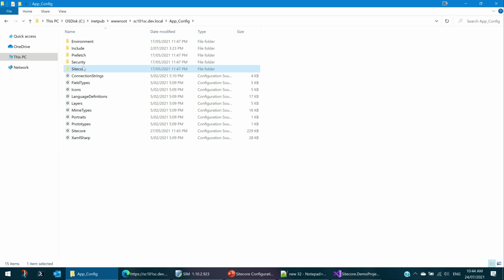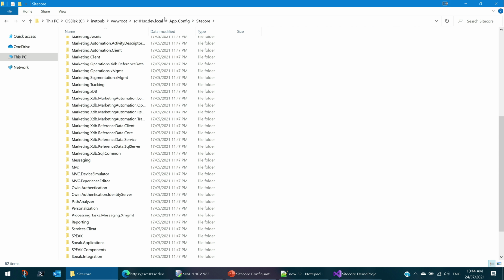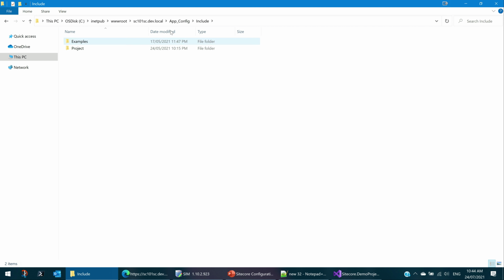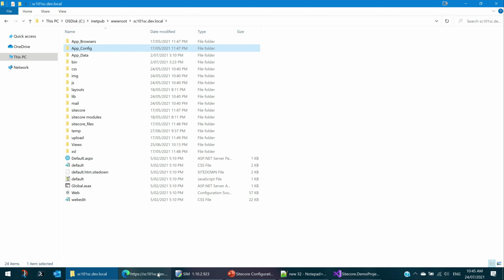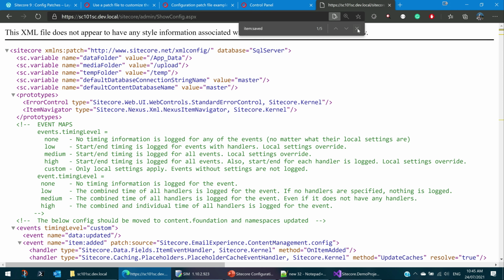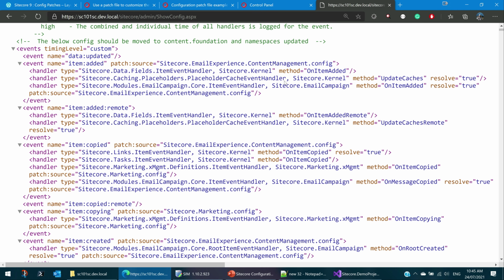You go to Sitecore, a ton of configurations, as well as Include, where you have some more configurations. All these configurations are merged and shown as a single view. So this is a very high-level view of configurations. I have a few slides to go through, then we can come back to these, like how we can modify them and all.